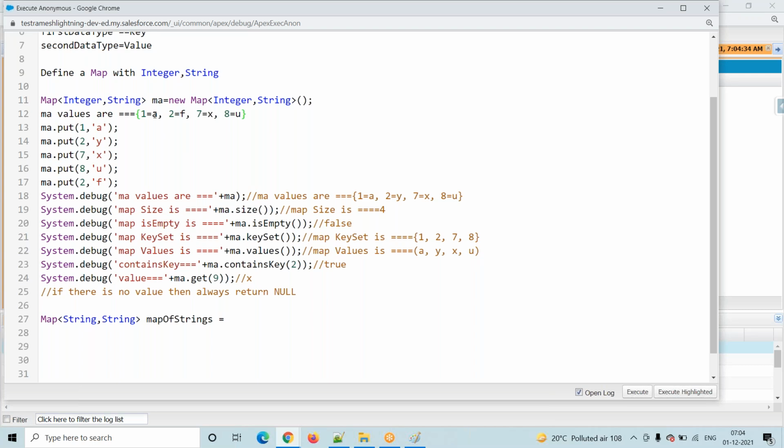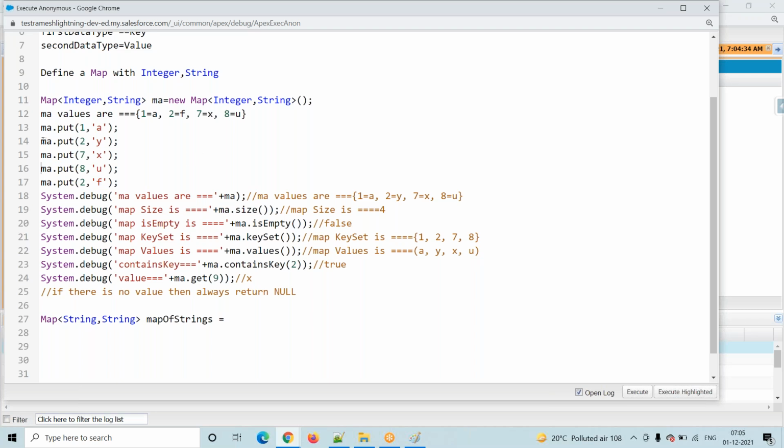Here you have to observe 1a, 2f. The latest value we are adding, it will override the old one. The key is the same, so it removes the old value and overrides it with this value. So 1a, 2f, 7x, 8u.